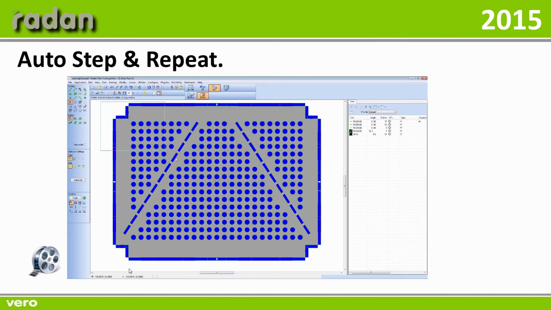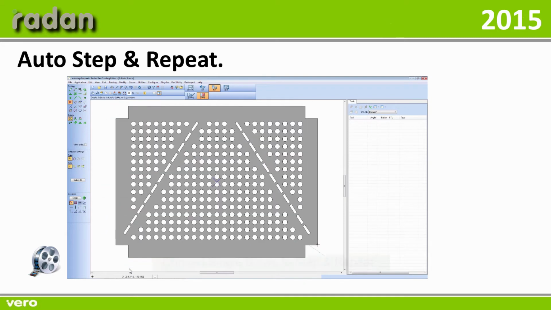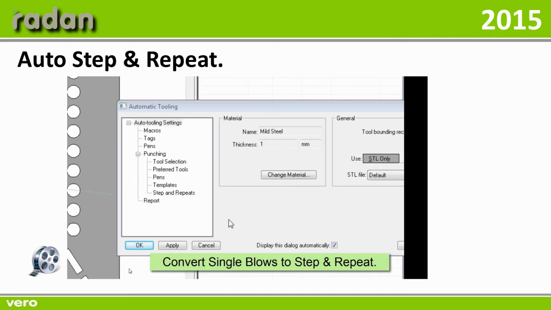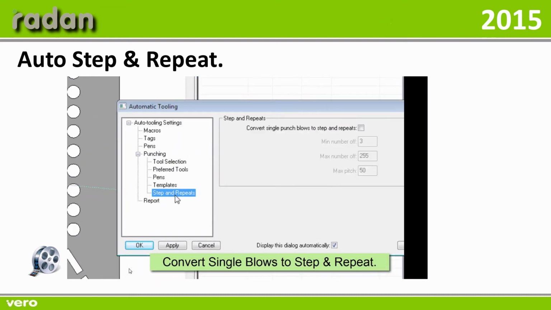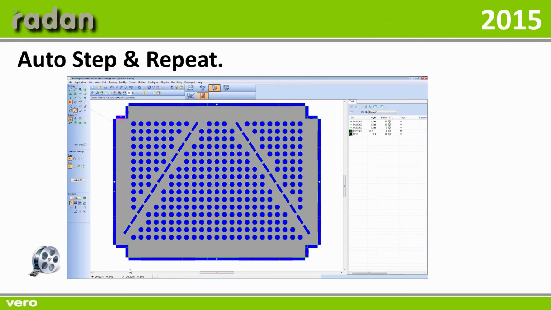Right, if I now remove that tooling, and in my Auto Tool dialog box I go to the option Step and Repeats. By selecting the tick box here, I can automatically convert individual punch blows to step and repeats using the data I've specified in these three boxes here. If I now go to the delete option, you can see that each line of punch blows is in actual fact a step and repeat. Now this will have the effect of dramatically reducing the size of the program that I send to my punching machine. So that's automatic step and repeats in Radan